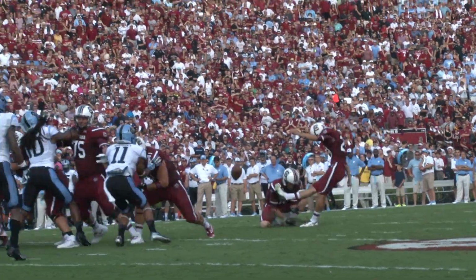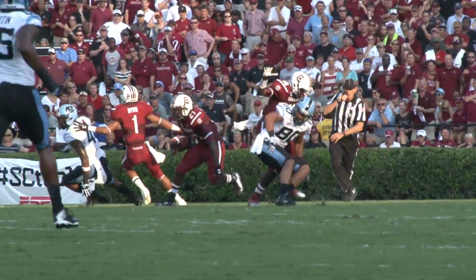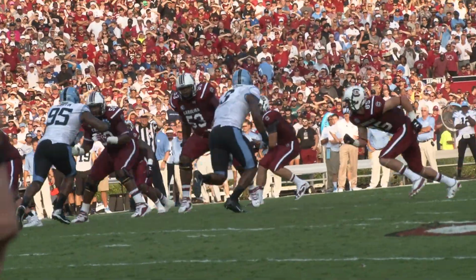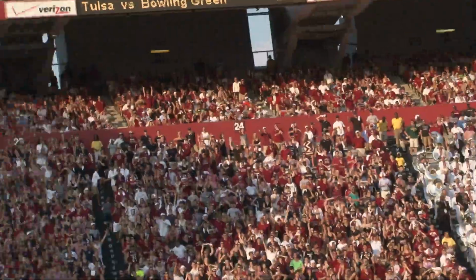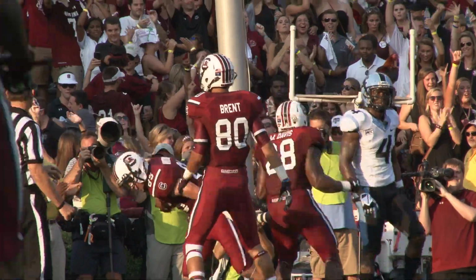Next drive, walk-on Elliott Fry puts the Gamecocks up 10-0. Corner and now punt returner Vic Hampton would take some monstrous hits over the course of the night. Brings it out to the 37. And look who it is, Dylan Thompson. His first and only pass of the game, a 29-yard touchdown pass to Kane Whitehurst, putting the Gamecocks up 17-0